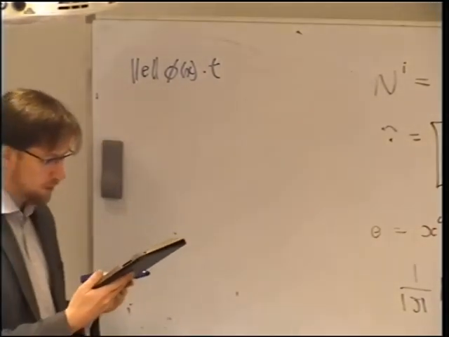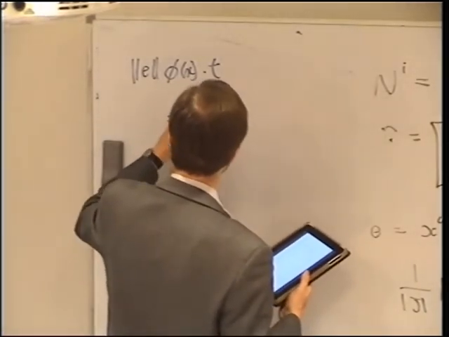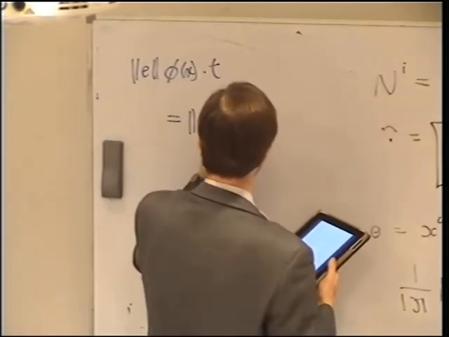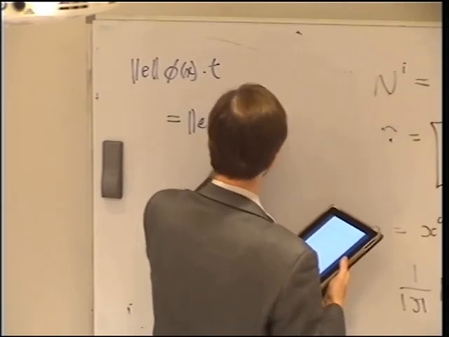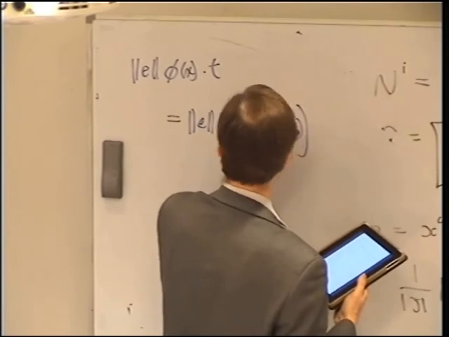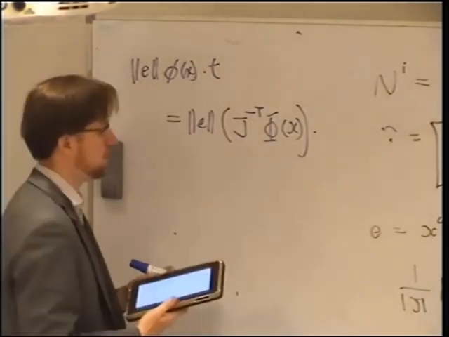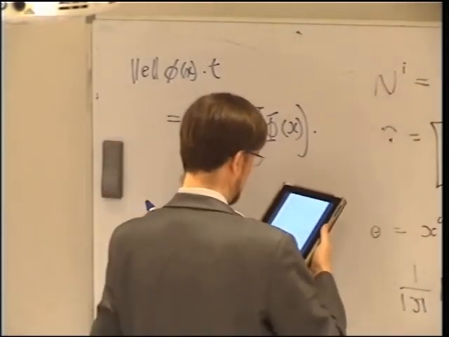So what's that going to be? That's going to be the length of edge times the transform of this guy, which is J minus T by x, dotted with the transform of this guy, which we worked out a little while ago, and so that is